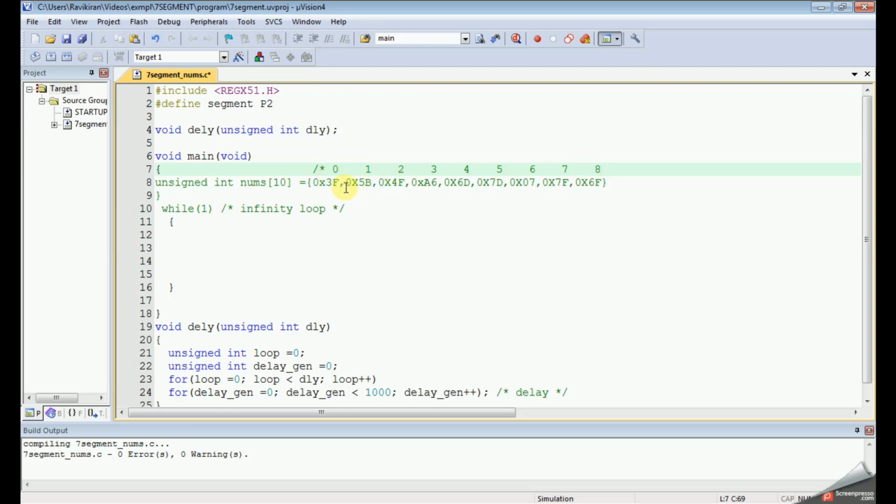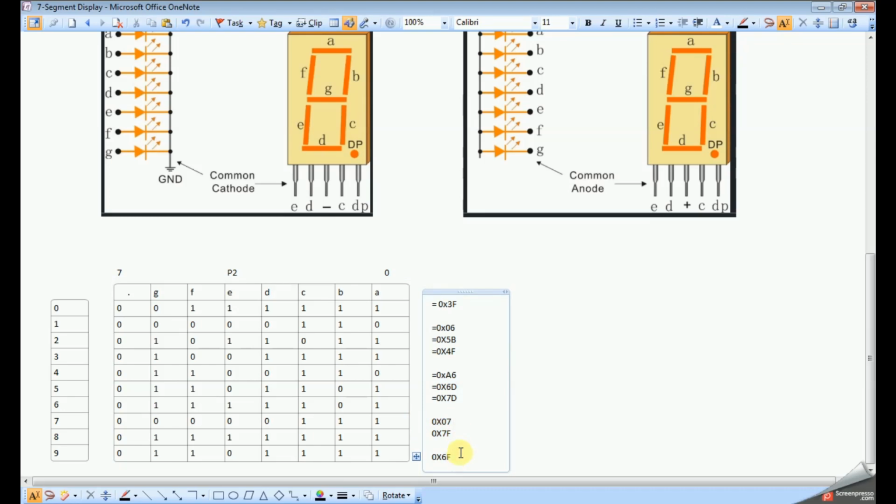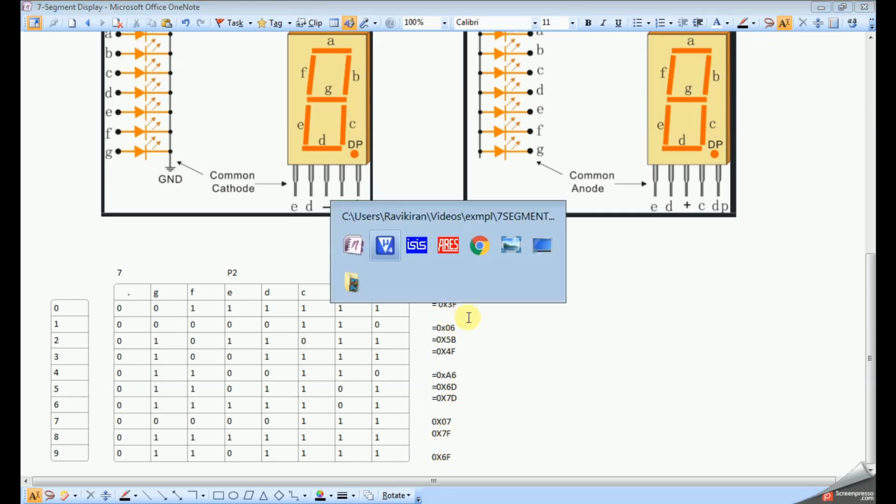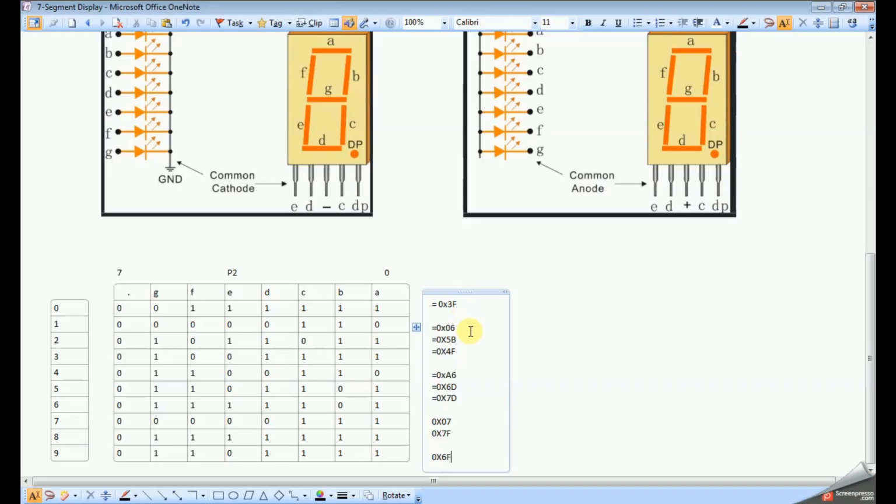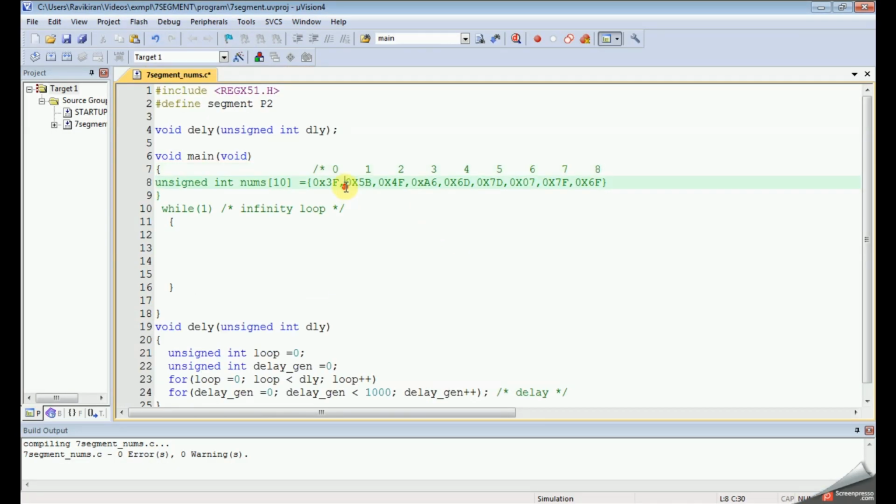So one more is missing, the ninth one. So 06 is missing. And the last one is for 9. Now it's clear.